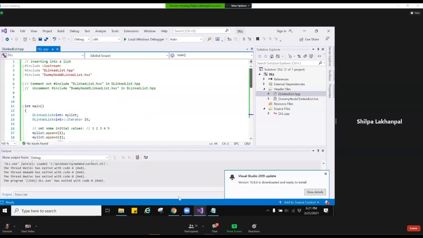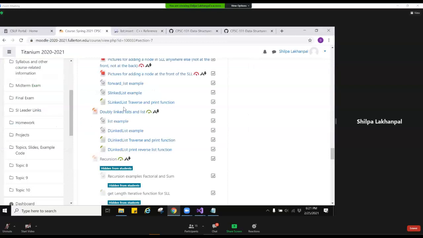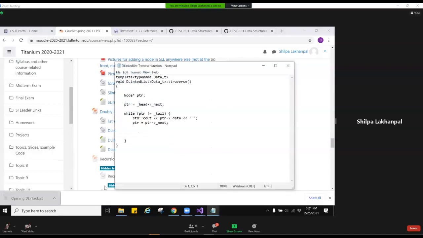Now, similar to the single linked list that we just saw, where we added a traverse and print function to it, we can add a traverse and print function to our dlinked list class. So let's do that. Let's download that code.